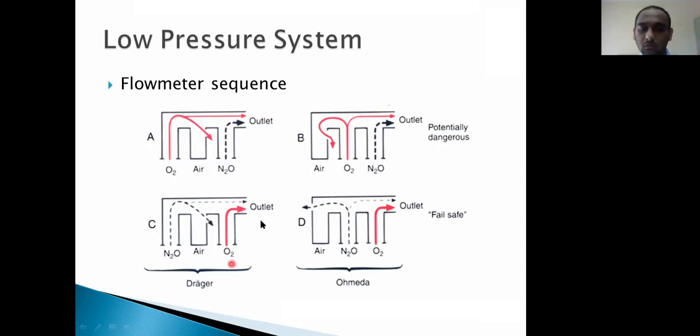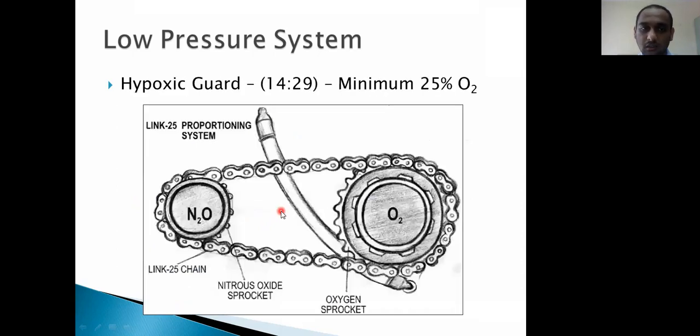In all modern anesthesia machines, oxygen is the last gas, placed most distally, so that even if there is a leak in the nitrous and air flow meters, the patient is definitely going to get more oxygen than the other gases, so a hypoxic mixture is avoided at all cost.